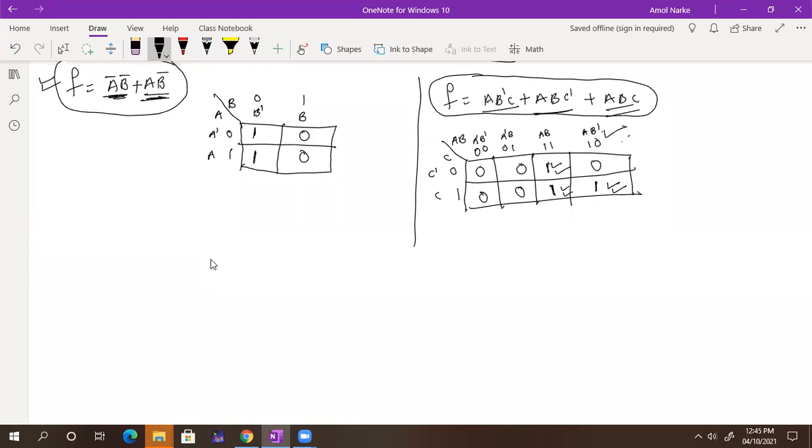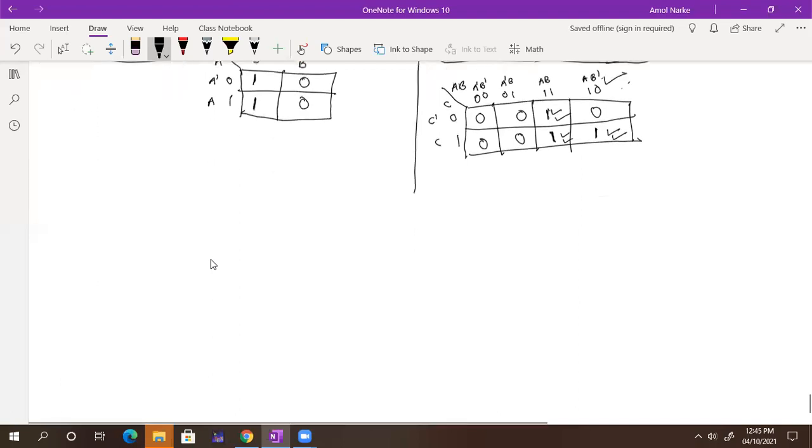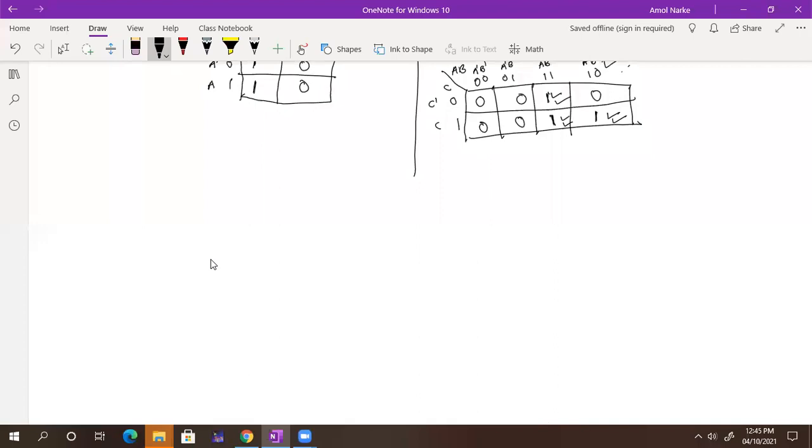Okay, clear? Can I give you one more example for max term? For max term, it is a product of sum, right? So that time you need to consider zeros, not ones. Got it? You need to take a dual, so that we are going to see in the next one. Before going to that, I will give you a simple example because time permits. It's 12:45 only. So just one example.